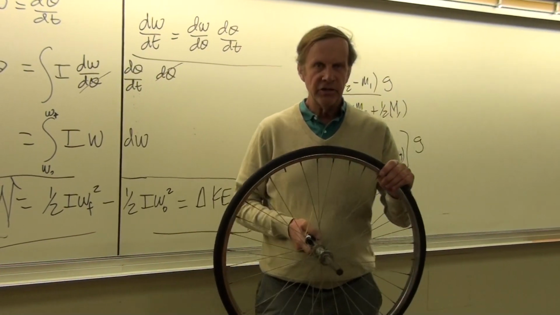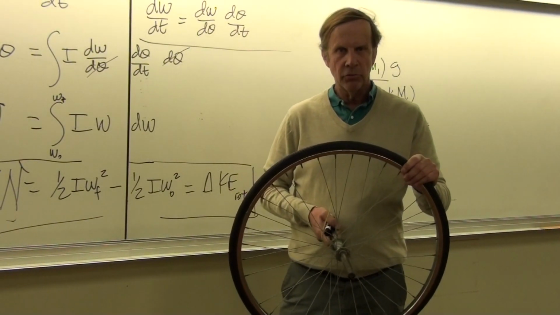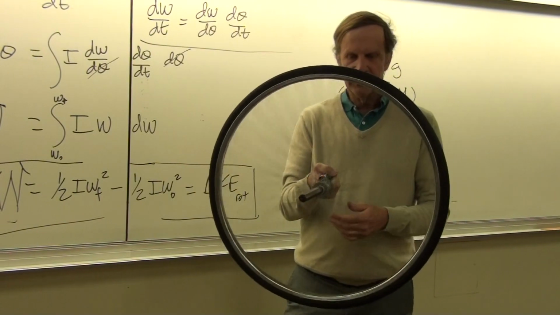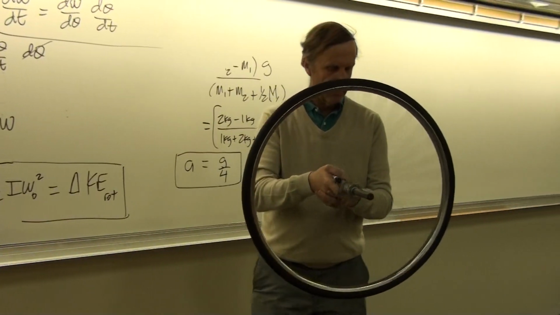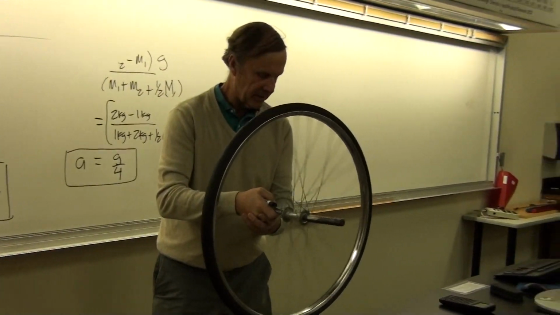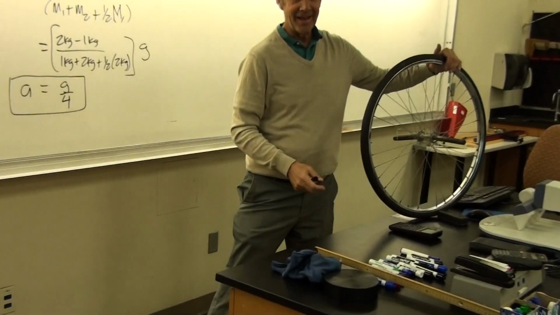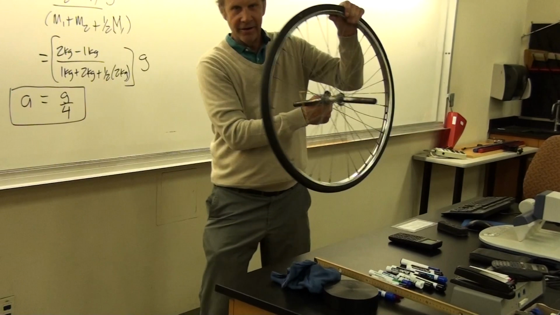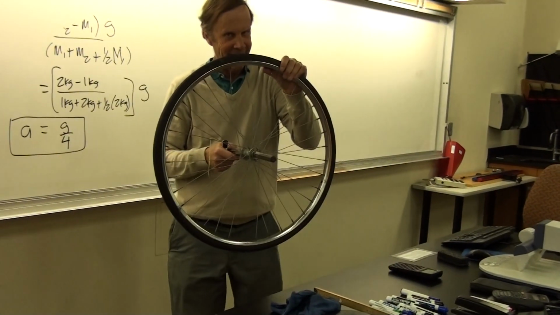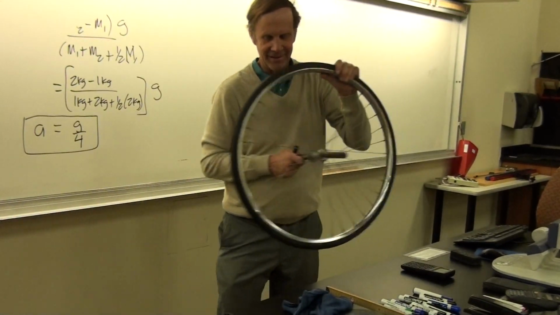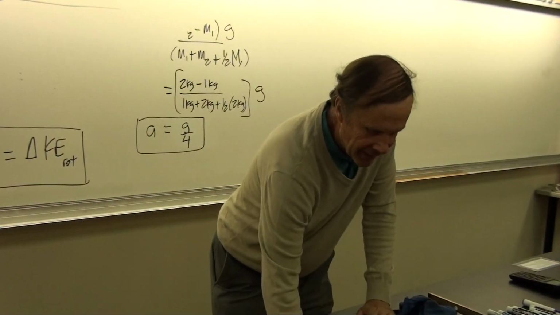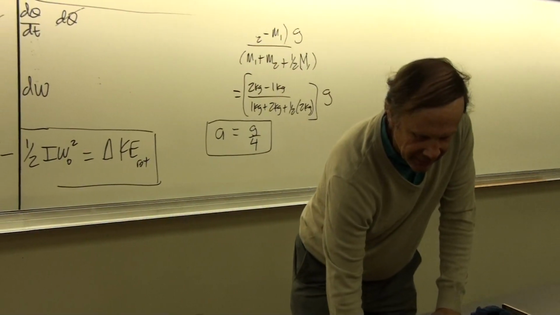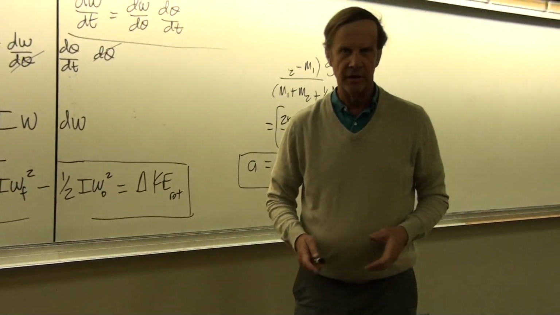Now, does energy of rotation do work? Well, we can see that here just by taking this bike tire and putting it down on the table. Look at that. That moved the center of mass from 0 velocity to some final velocity. And so, yes, rotational energy definitely can do work. And that work could be in a little generator on your bike.